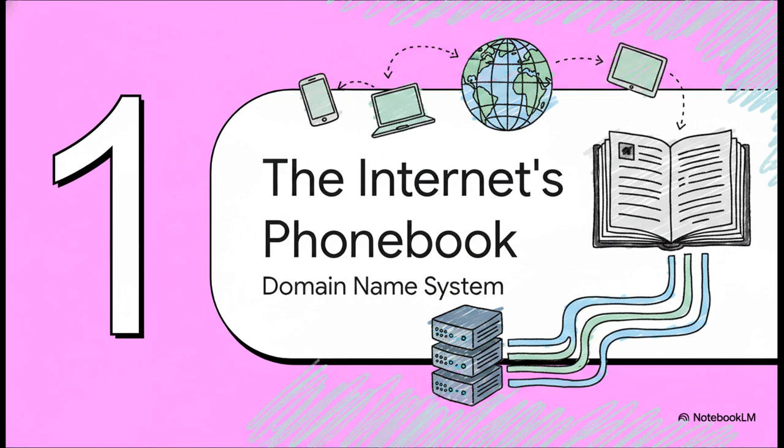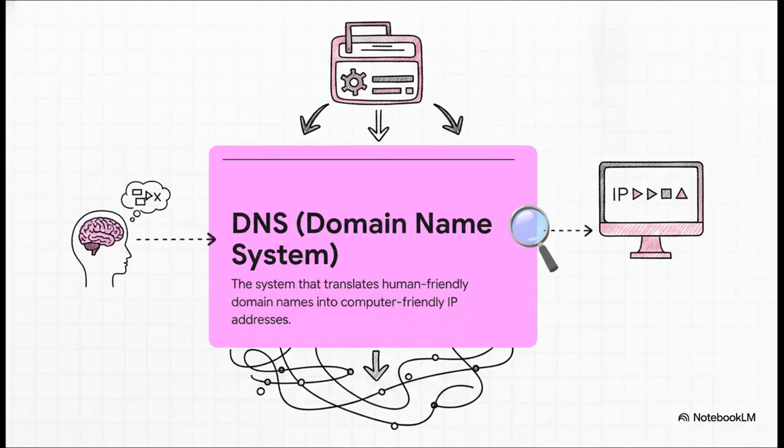Well, the answer is this absolutely brilliant system that works just like the internet's own personal phone book. It's called the Domain Name System, or DNS for short, and it is the absolute key to making our daily browsing experience even possible. At its core, DNS is really just a translator. That's it. It takes the human-friendly name that you can remember and converts it into the computer-friendly number that the network needs. This is the critical link, the handshake between your command and the internet's response.